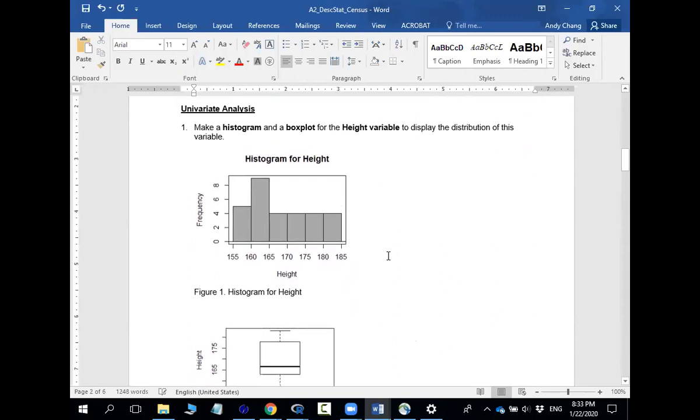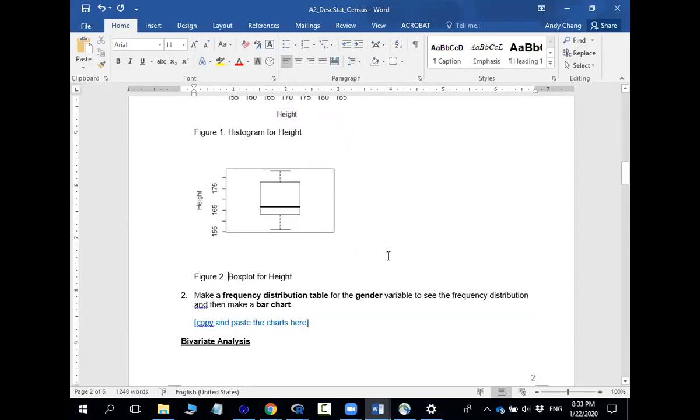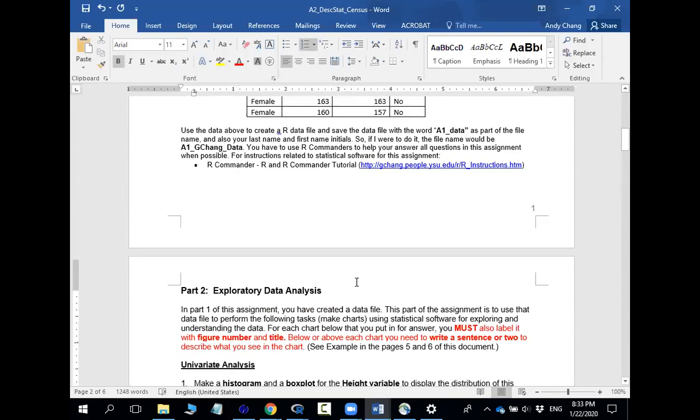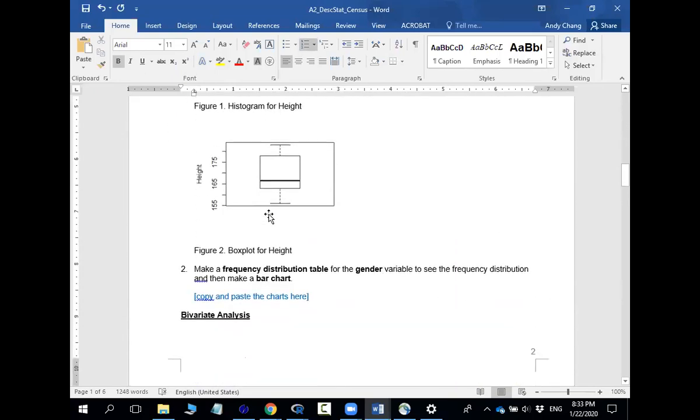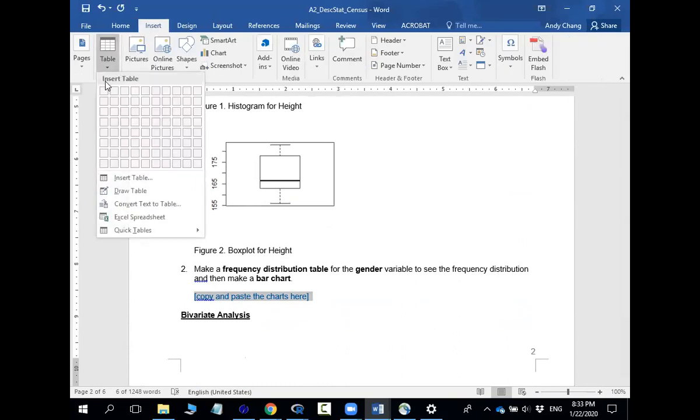So that's making the graph, the histogram. And the next one is making a frequency distribution table for the gender variable. Gender is actually a categorical variable, right? You have male and female. So we want to make a frequency distribution table. Now gender actually has male and female, so you can do Insert Table, maybe,